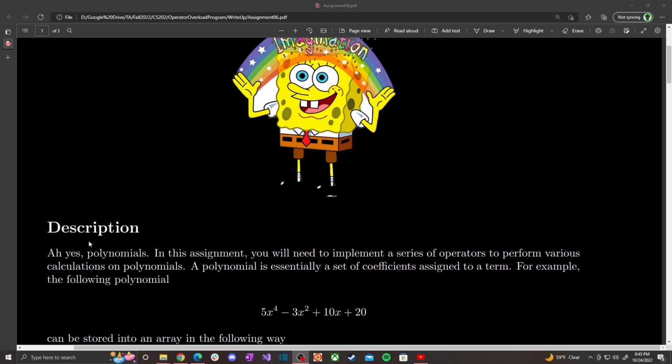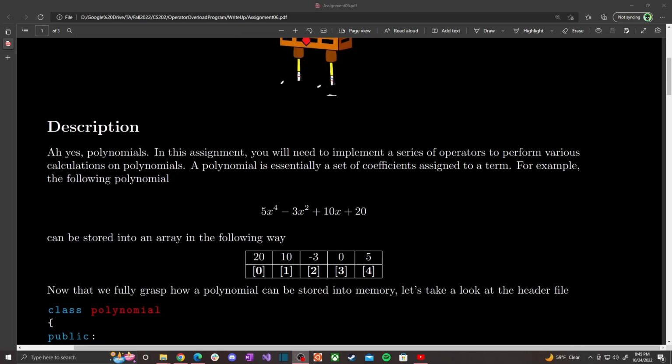So let's first consider the following polynomial right here: 5x to the fourth minus 3x squared plus 10x plus 20. We're going to write this class polynomial. It's going to allow us to overload a set of operators to multiply, add, subtract two polynomials, or a polynomial with an integer, and so forth. So the best way to really visualize this polynomial given to us right here